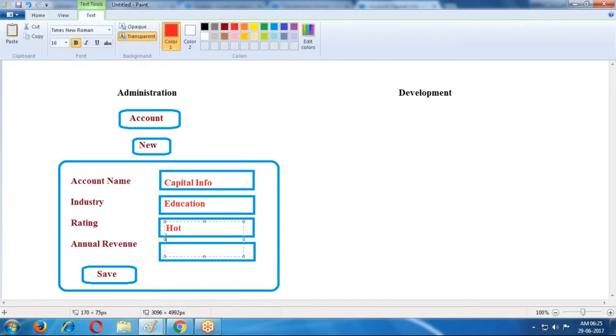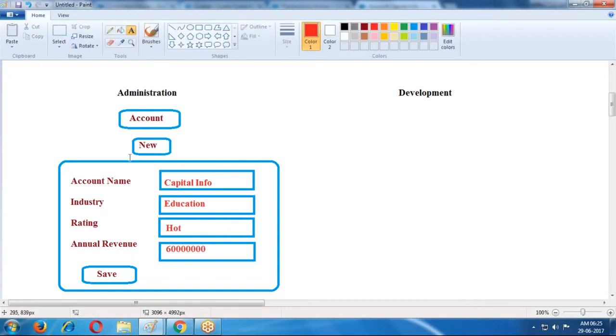Rating, hot. Annual revenue, some annual revenue. This is the way we are creating here.